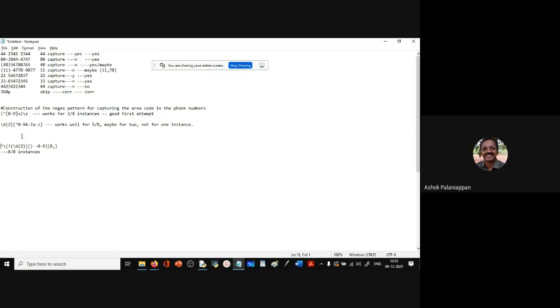Yeah. After we get the area code, now what about the rest of the pattern? The rest of the pattern should not include any letters, so that we skip these particular false patterns. So for that, we are specifying the rest of the code. What it can be is a close parenthesis, because it is allowed. It can be a space, because here we have a space. It can be a hyphen, because here we have a hyphen. Or it can be some numbers, because we must have 8 more numbers.